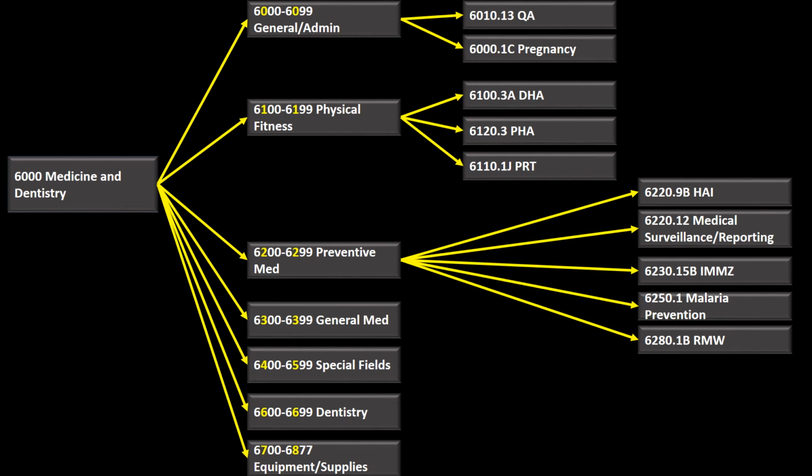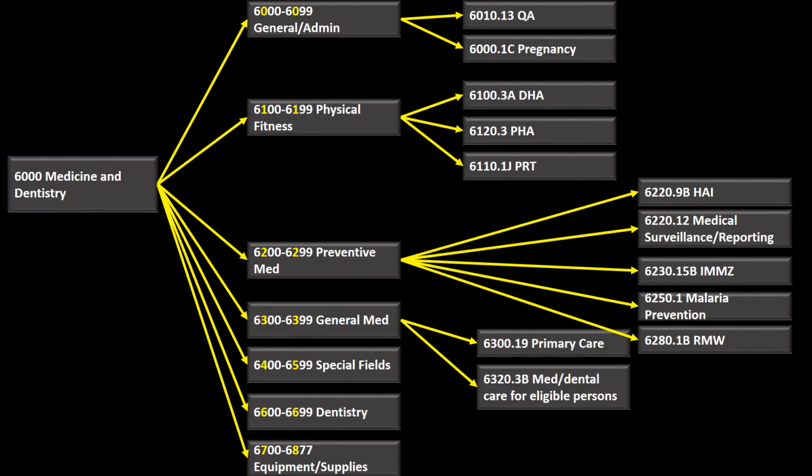All right, let's move on to 63, General Medicine. In General Medicine, we've got our 6300.19, our primary care instruction, and we've also got the 6320.3 Bravo, medical dental care for eligible personnel. Special fields, we've got